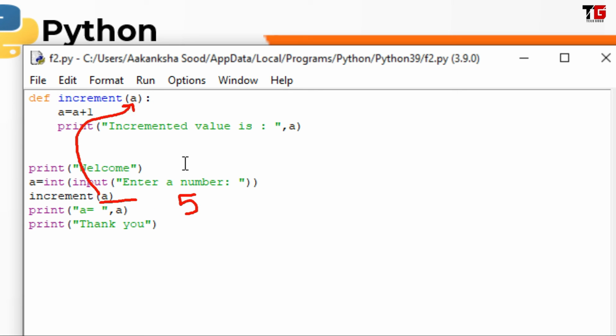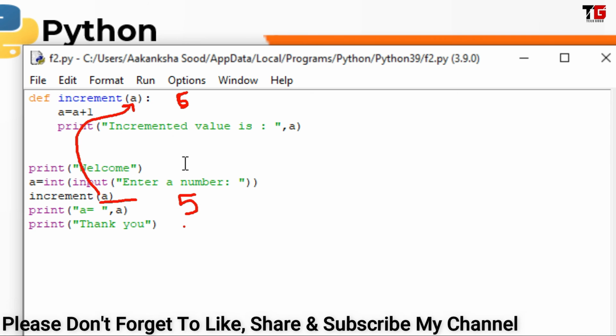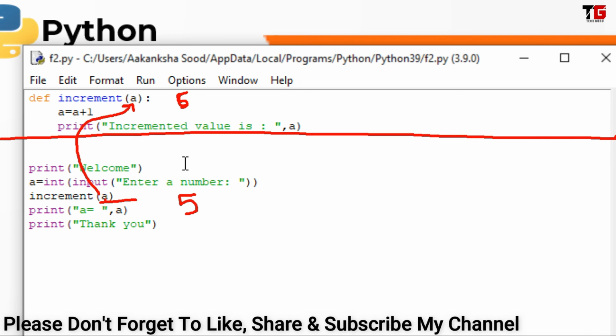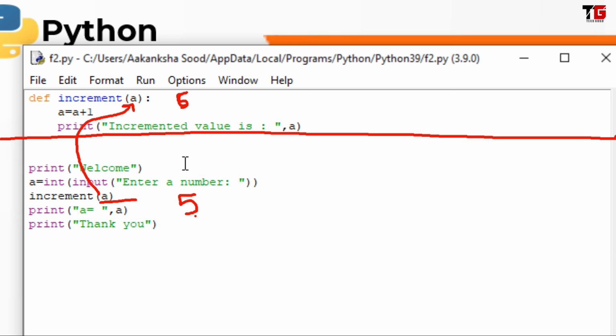Then I make a photocopy, and in the photocopy I change the value from 5 to 6. So whatever changes I am doing in the photocopy will not be reflected in the original copy. It means my actual argument has a different memory location and my formal argument has a different memory location.